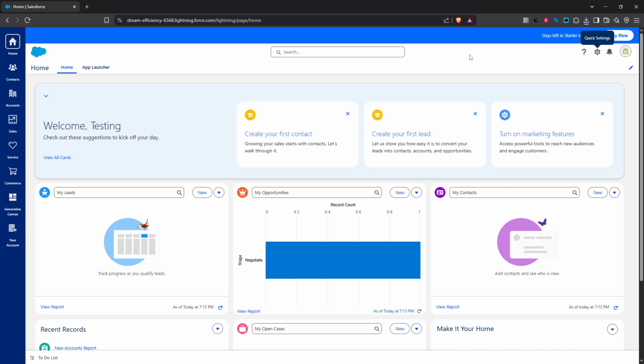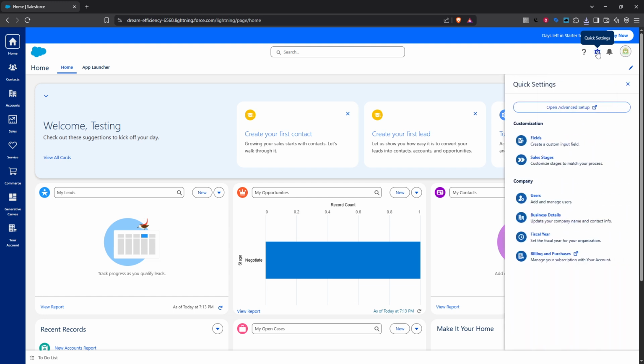Let's begin by accessing your Salesforce account. Once you're there, the first thing you'll want to do is navigate to the top right corner of your screen. Here you'll see a small gear icon. Go ahead and click on that. A drop-down menu will appear, and you'll want to select Advanced Setup from the list of options. This will bring you to a new page where we can start digging a bit deeper into our data export